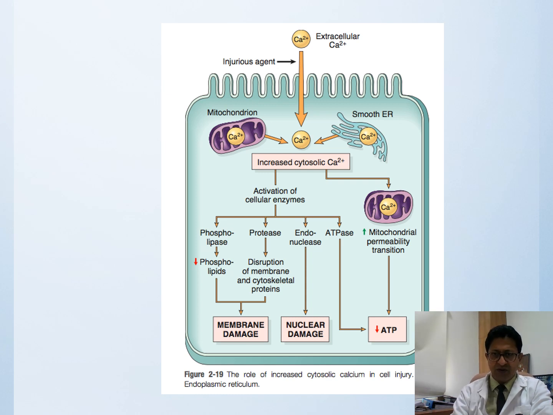Now again, when you look at this picture, you have an injurious agent which has caused the cell injury, and you see the extracellular calcium is trying to get inside the cell. So you have increased cytosolic calcium here, as a result of which there can be activation of cellular enzymes. All these enzymes are degradative enzymes which have an ill effect on the cell and the cell membrane. Now, due to activation of cellular enzymes, phospholipase, there is decreased synthesis of phospholipids, and because of